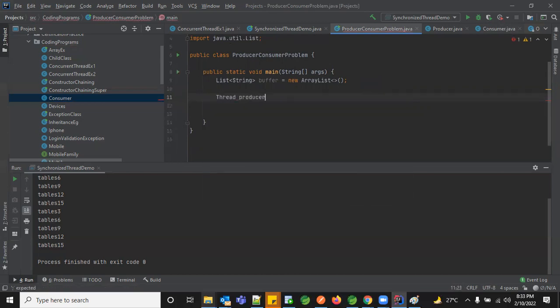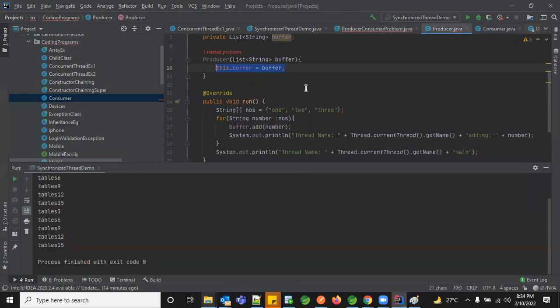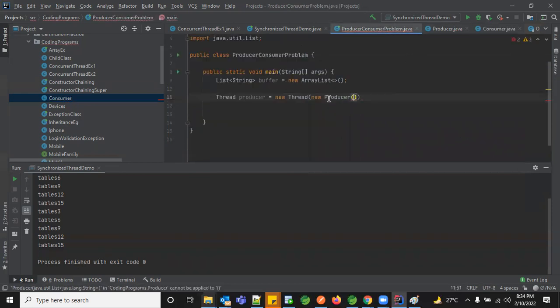Let this be producerThread, and you have to create a new Thread object, and within that Thread object, you need to pass your Runnable instance, right? So this is your Runnable, new Producer, and the producer should have what? Buffer. So now you need to pass this buffer object.